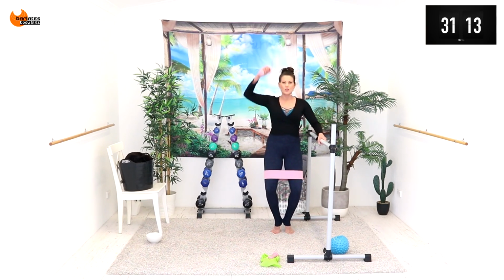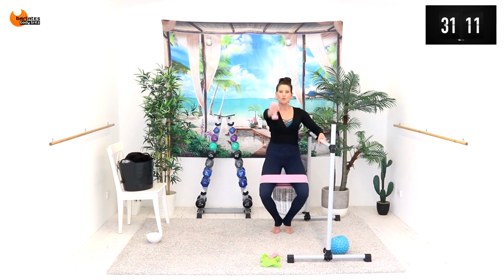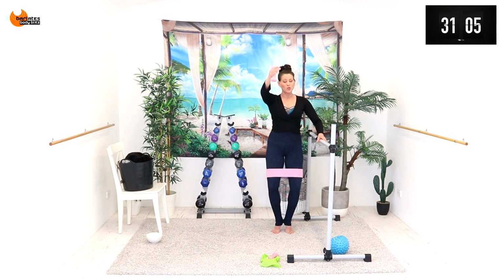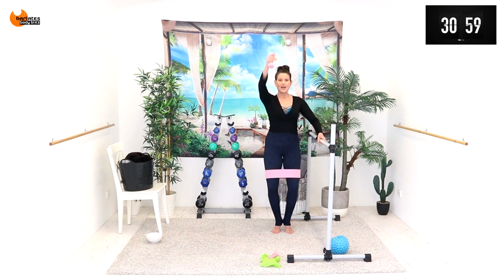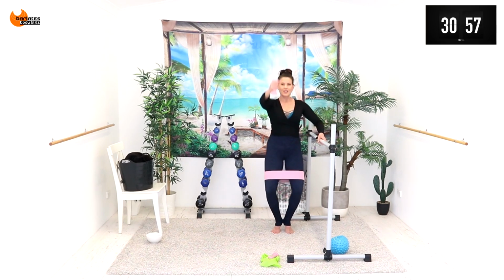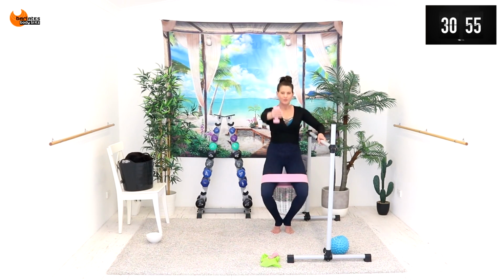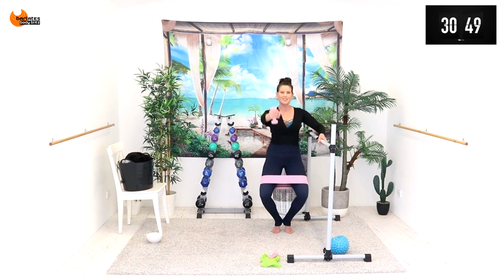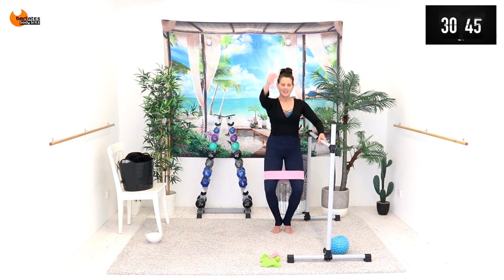From here, all we're going to do is bring our arm up and we're going to come forward as we come down in a little plie with those legs. So you're focusing on pushing into the heels, pushing out with the knees. Down and up, down and up. You're never fully straightening, you're kind of coming up with a little micro bend in those knees. Just go for 4 and 3,